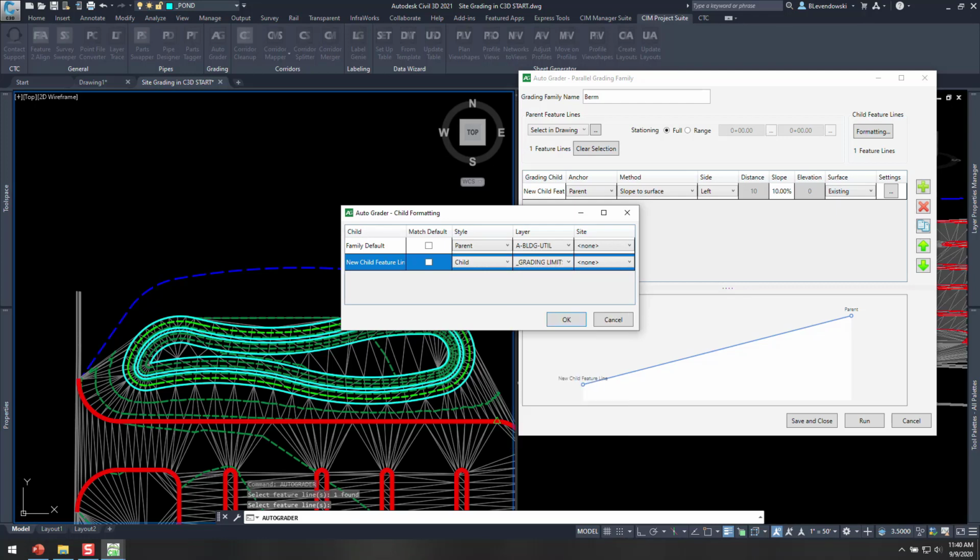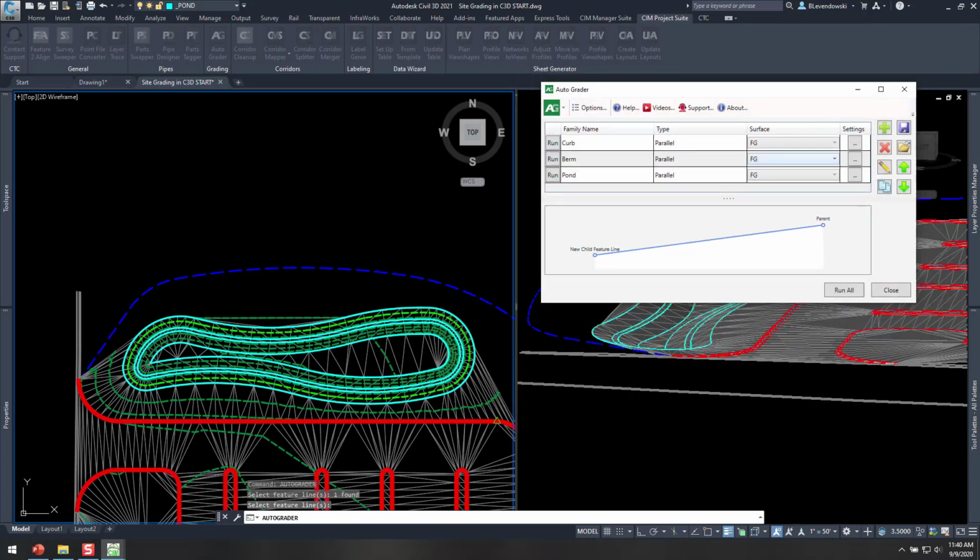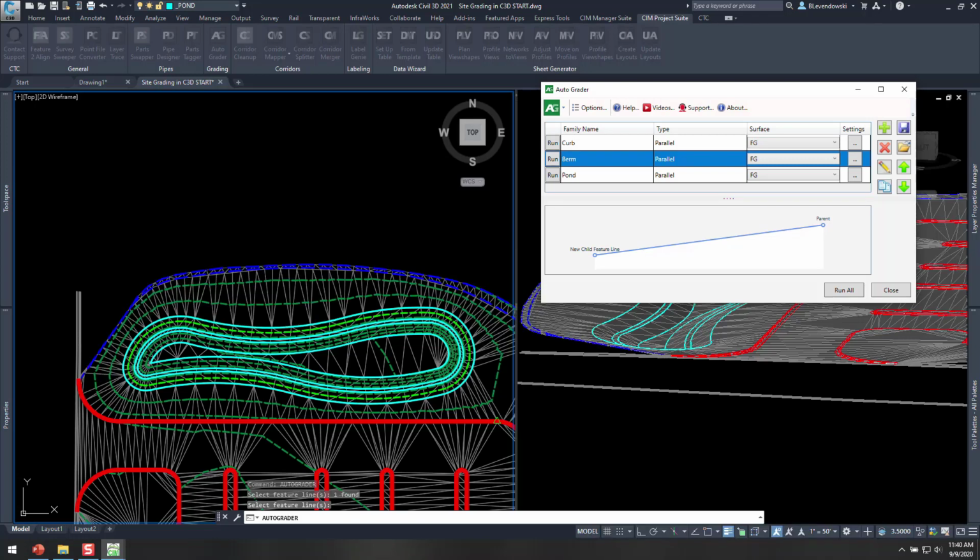Put it on that same layer and in that same site. Okay. And we're also going to put it in the same surface. So I'm going to click Run to this. It's going to create a daylighting feature line, and it's also going to add that primary feature line right into